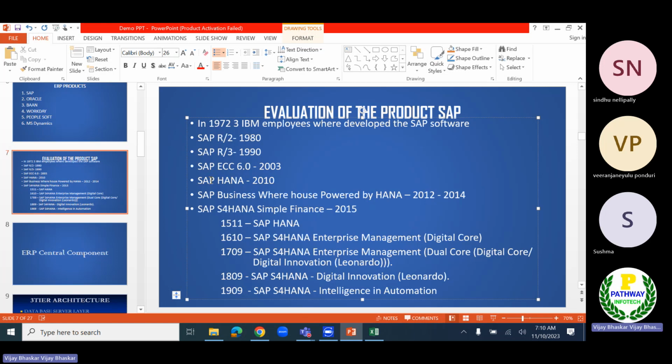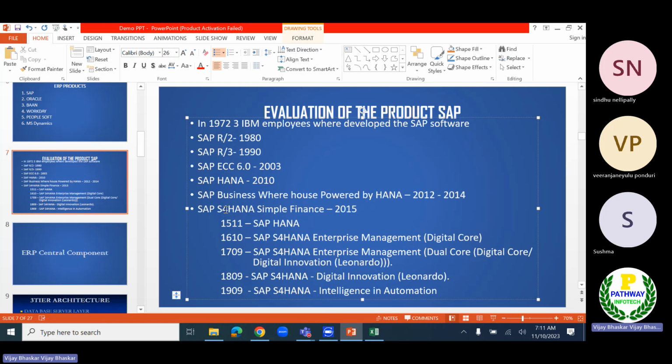In 2010, as part of innovation, they came up with HANA. Then between 2012 and 2014, SAP Business Warehouse powered by HANA.